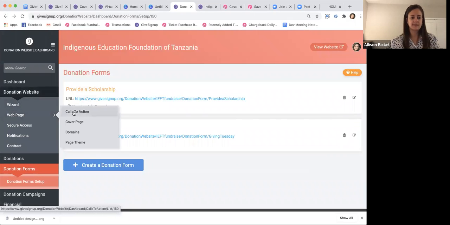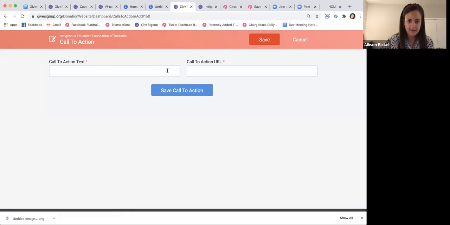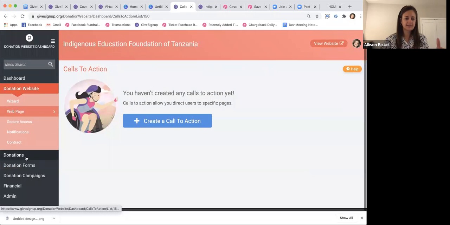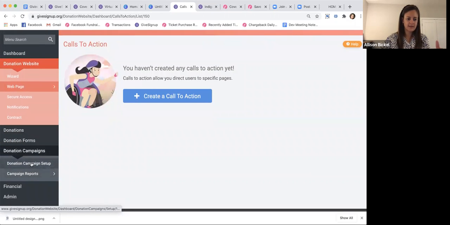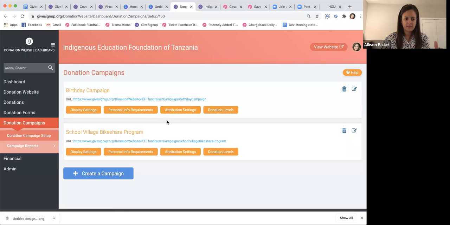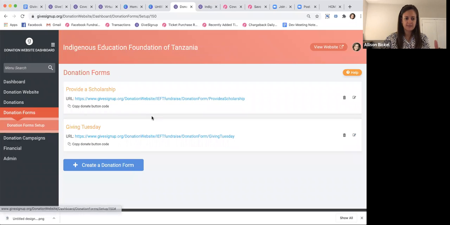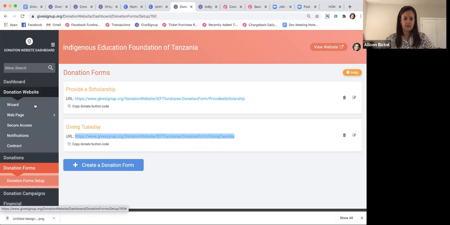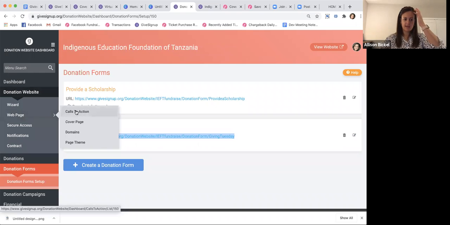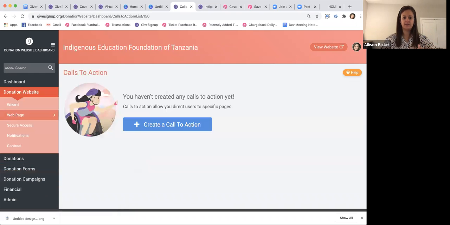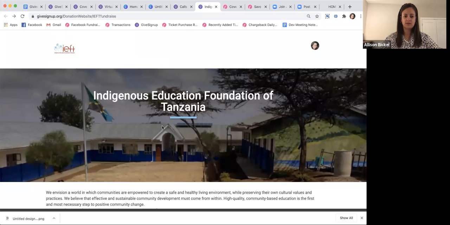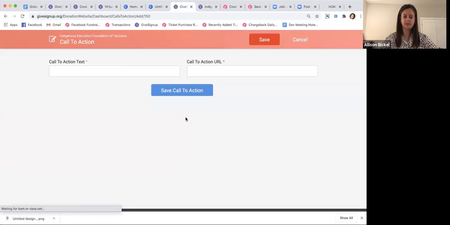And then one of the things I can do, I think, is I can actually add, oh wait, hold on. I'm going to go back a second because I have to copy that URL. No, this is donation forms. So I'm going to copy my URL for Giving Tuesday here. And what I'm going to do is I'm going to go to web page, and I'm going to go to calls to action. And on this website, I'm not using a cover page, but I'm actually able to create a call to action for